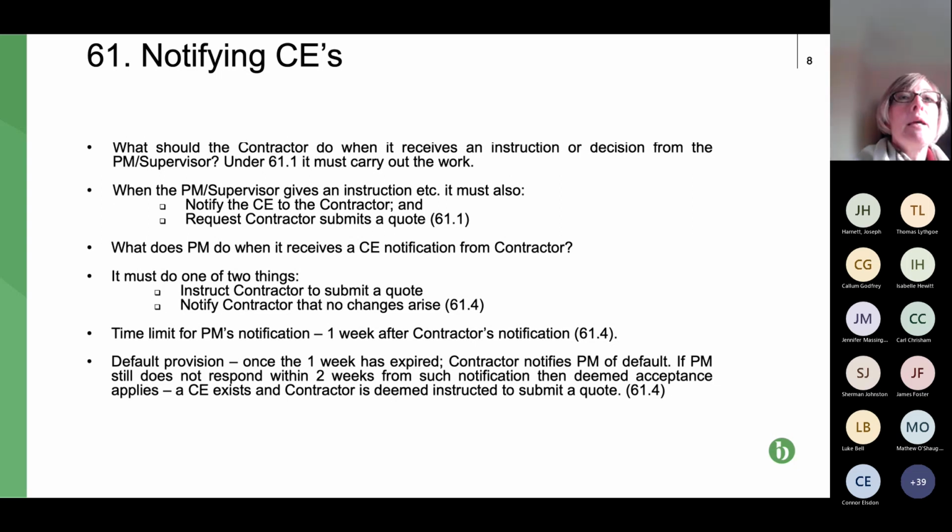If that fails, and or at the same time, contractor might want to still provide a quote, partly because tactically that shows that contractor hasn't accepted the decision of the project manager. It's not a requirement of NEC, but if you quantify it strategically as well, it just makes it a bit more real to the project manager. It shows that this matter hasn't just gone away.